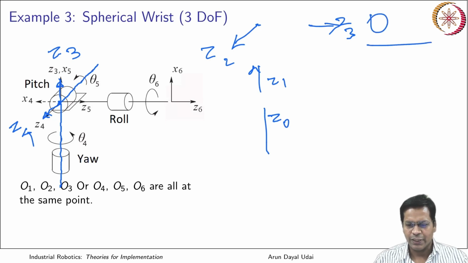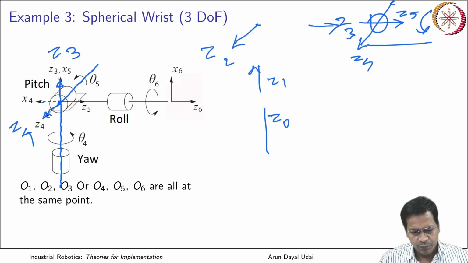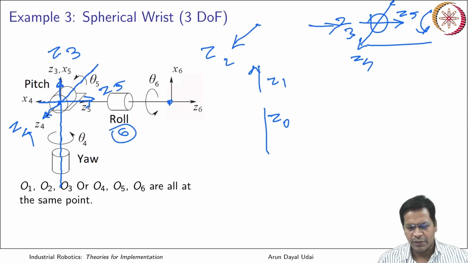So this is your Z3, then your Z4, and finally you will have Z5. So here goes your 6th link that finally ends here. So this is your 5th axis that rotates the 6th link, and the 6th link at its end has a 6th frame, that is